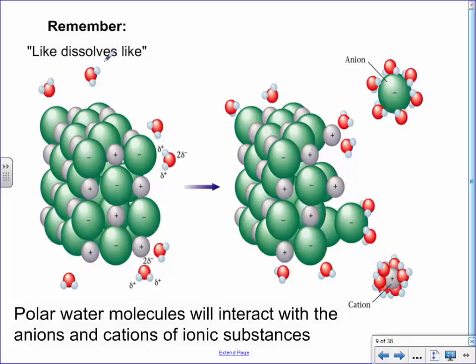Have you ever heard this phrase before: like dissolves like? I don't know that we would have done this in chemistry last year. Basically, the idea is that if something is polar, meaning it has positives and negatives, it can dissolve other things that have positives and negatives. But if you have something that's not polar, where there's no imbalance to it, like things that don't have charges, then non-polar things dissolve non-polar things. So, summary: if it's polar, it dissolves polar. If it's non-polar, it dissolves non-polar, but you can't mix one of each,